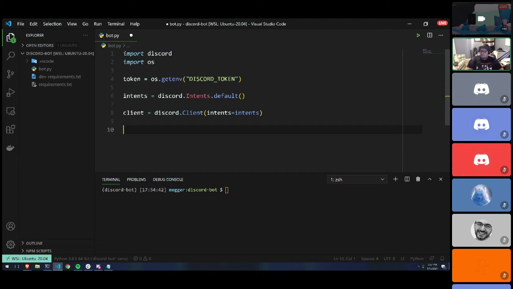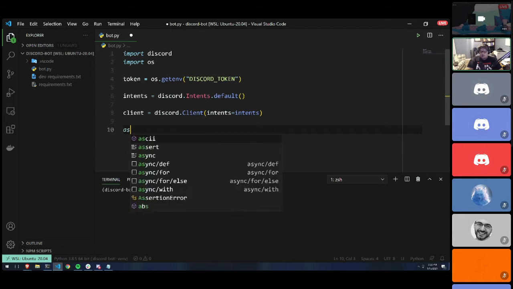So the next thing we're going to do, what do we have to do next? Okay, so we're going to go ahead and just run an on ready script. There are different events that happen: on ready, on message, on client disconnect. Whenever an action happens within Discord, we can run some code on it. On ready is one that a lot of people tend to write